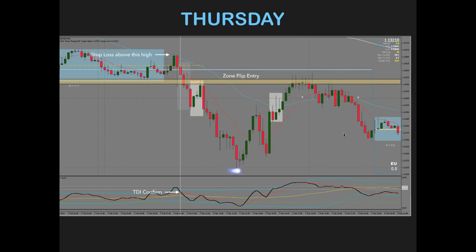All right, now if you're taking this trade here, you're looking to exit the trade down here, okay, as we have met our objective of trading through previous day's low. Or if you took this zone flip trade in New York, you're looking to exit your trade right here, okay, at the end of the session, obviously. All right. Okay, so going into Friday,